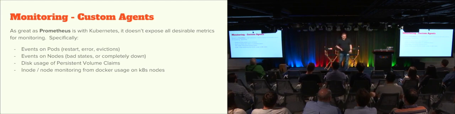I mentioned before the disk usage of persistent volume claims. So if you have a stateful set that has a database with a persistent volume claim, you really want to know how much space you're using on that database claim. And one thing that Prometheus doesn't provide natively either is inode monitoring on your actual Kubernetes nodes. So this is a consistent problem we've had. We deploy a lot of images very frequently to our environment. About once a month, one of our nodes has some excess inode issue on it that we have to go in and run some Docker commands to clear out. But we spend a lot of time trying to figure out what the hell went wrong before we realized